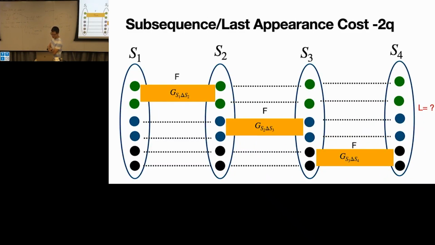And here's one setting. Imagine we are walking, starting from vertex S1, and then we take 3 steps and now we're at S4. We want to decide which hyperedge we are going to use for the next step, with the promise that the hyperedge has been used before. So naively, this can be done by just specifying where I used this edge before. So this is a cost of 2q, the length of the walk.